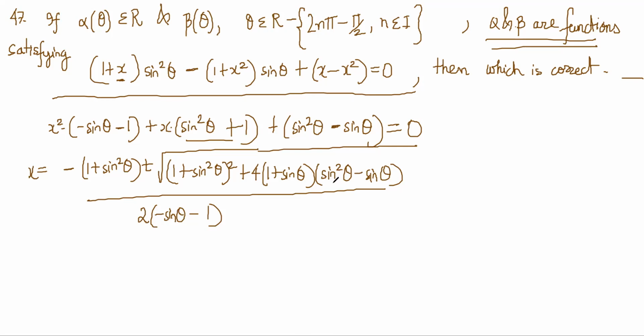So this can be simplified. This will become sine theta minus sine theta common, 1 minus sine theta. So minus sine theta common, and this whole thing becomes 1 plus sine theta into 1 minus sine theta, so cos square theta. And there is a 4, and this becomes 1 plus sine power 4 theta plus 2 sine square theta, and this is this. So this becomes plus 2 sine square theta. Okay.